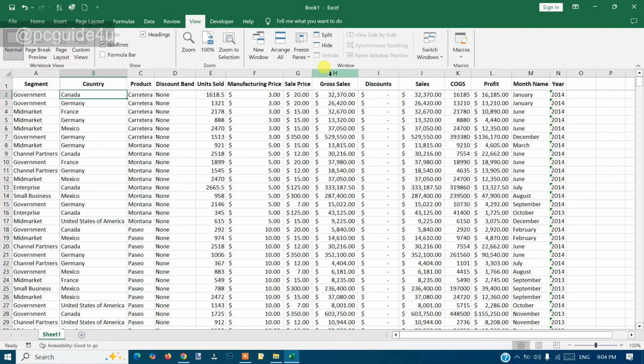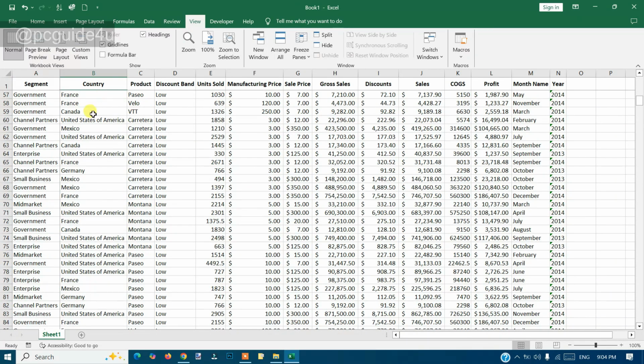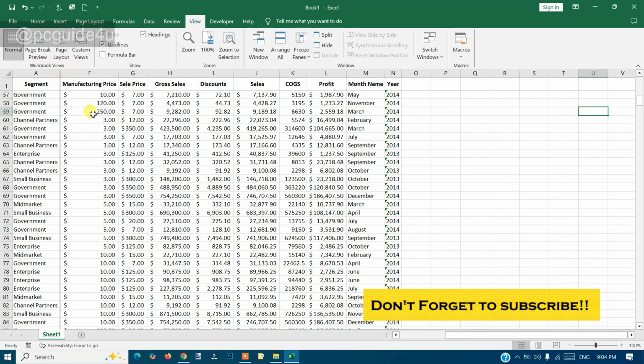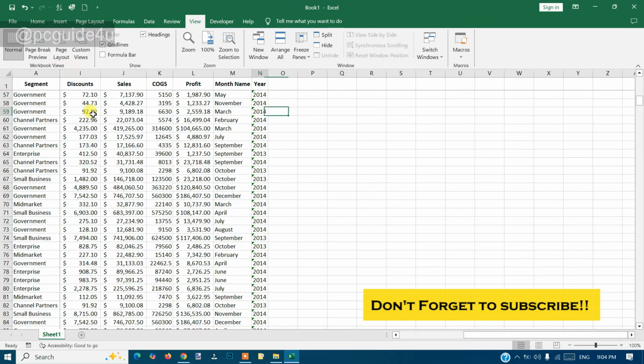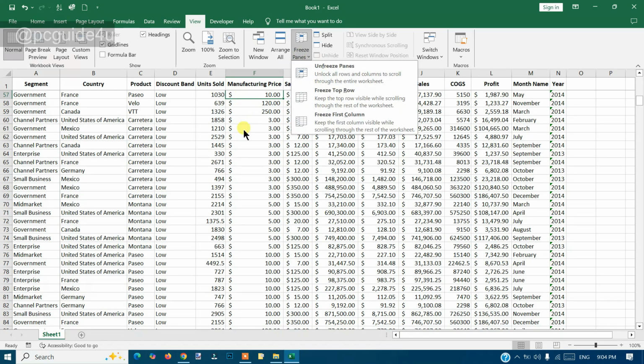If I click on it, it will apply a freeze on this cell, which is B2, and now if I scroll down you will see the headings intact. Now if I move to the right side, you will see the first column stays there. Similarly, you can apply this freeze pane anywhere on your worksheet. Like if you would like to do it here, you can use the same option from here and apply it,